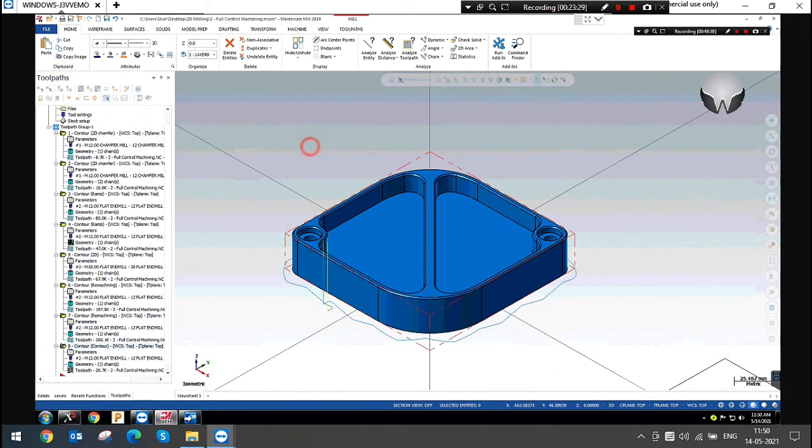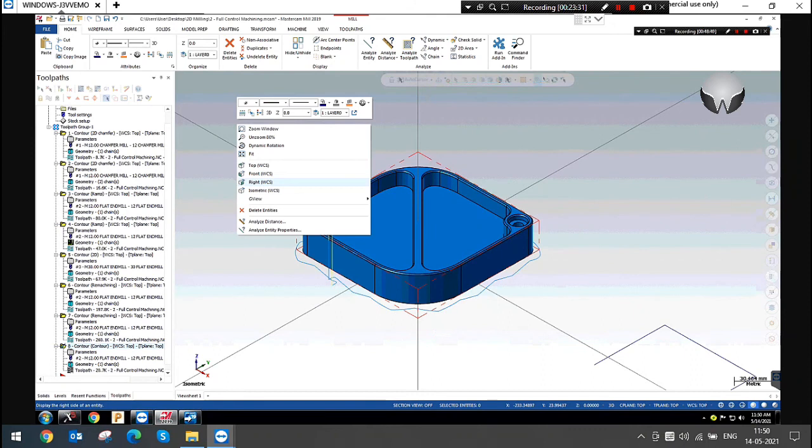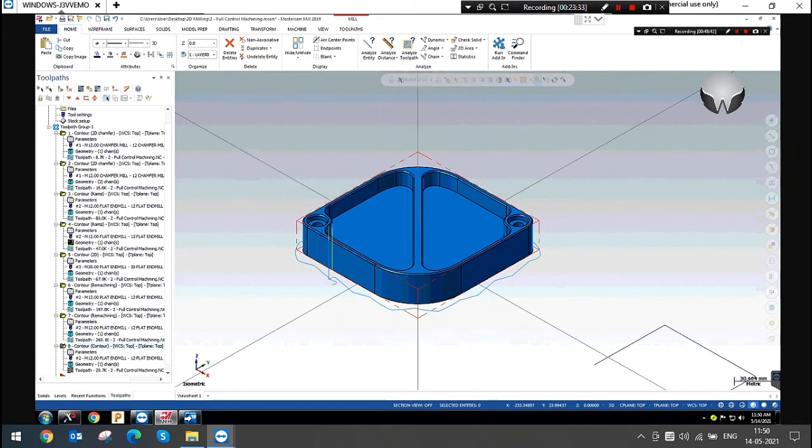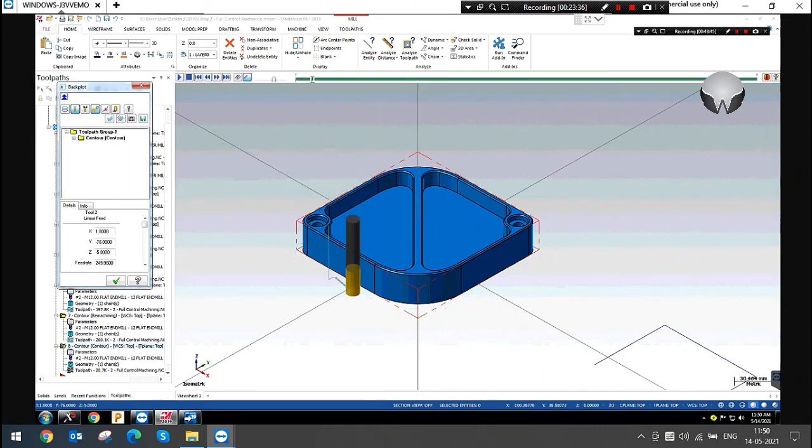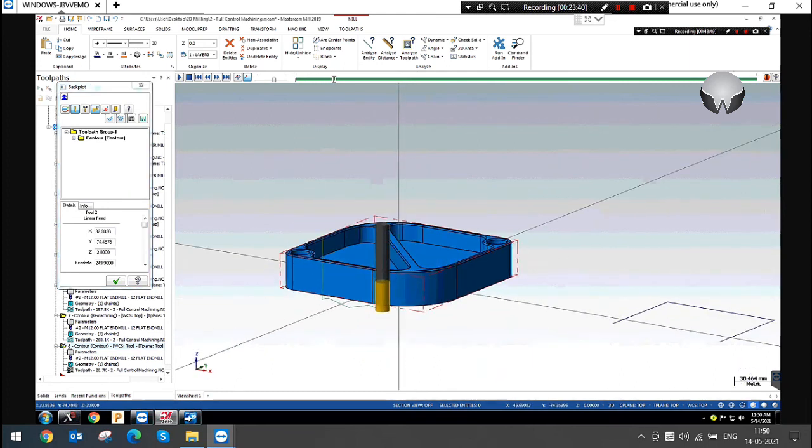Yeah, here you can see this, brother. This is the oscillate function. The tool will oscillate at the area.